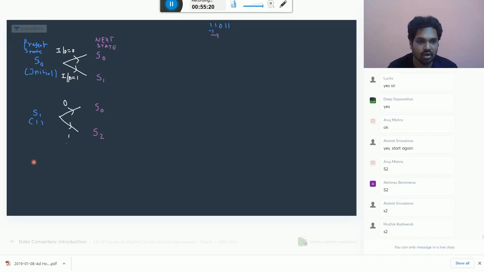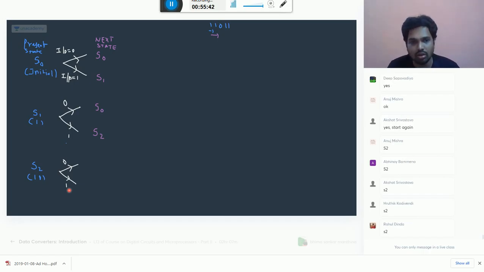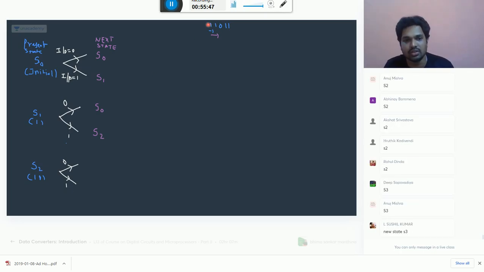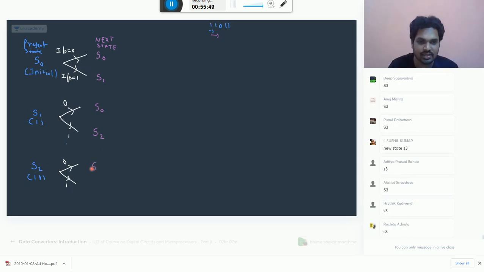What is the meaning of S2, sir? 2 1s has occurred. 2 1s has already occurred. Now again you have the possibility of input can be 0 or 1. Input can be 0 or 1. Now input can be 0 or 1. If 0 occurs, 1 1 0 is my state only. Yes, S3, very good. 1 occurs,